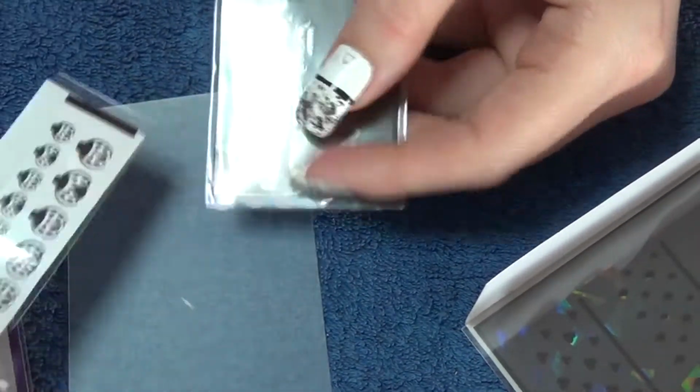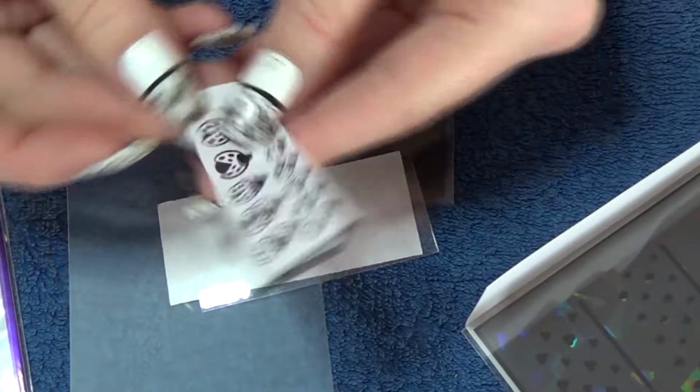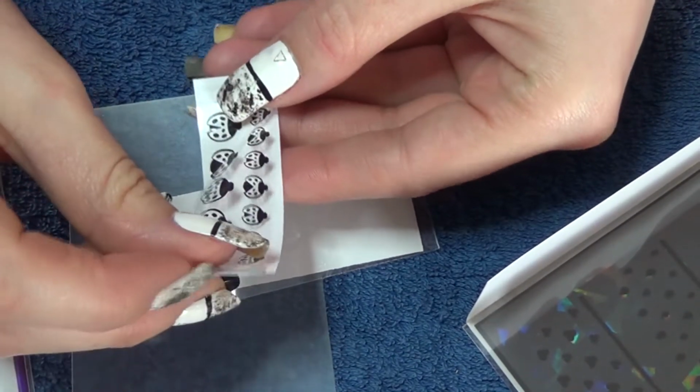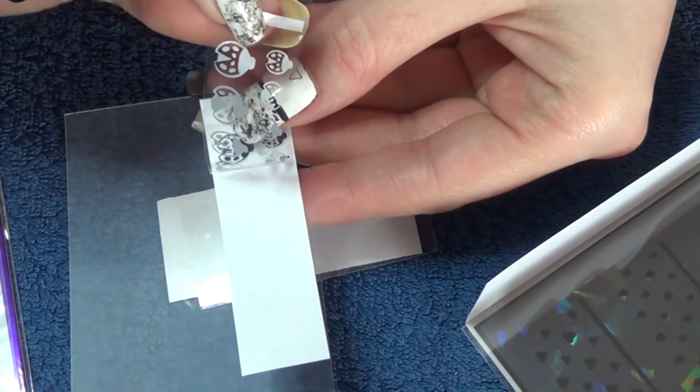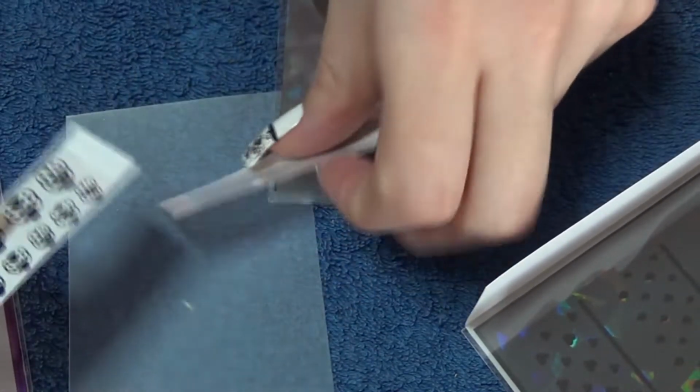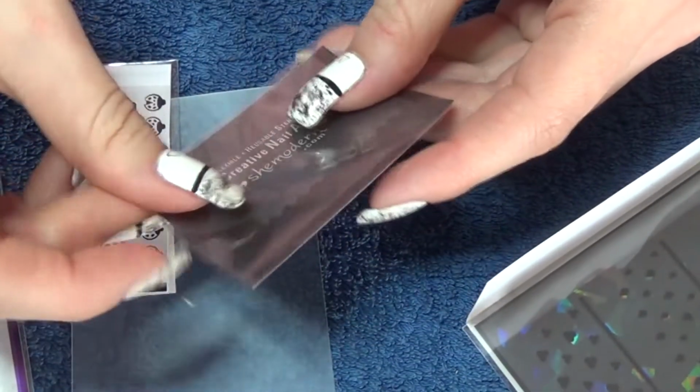foil stickers included there. Now these are open, this will be a good chance to show you how thin they are. Just lift that up. So you can see this is so fine, this film. So they'll be extra smooth on your nail when they're applied. Also in here